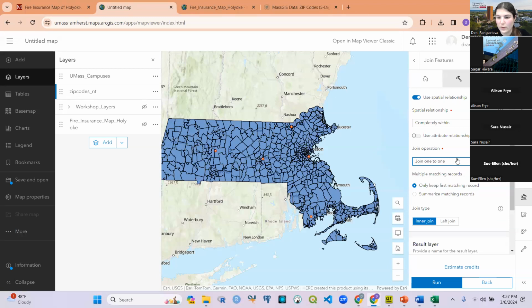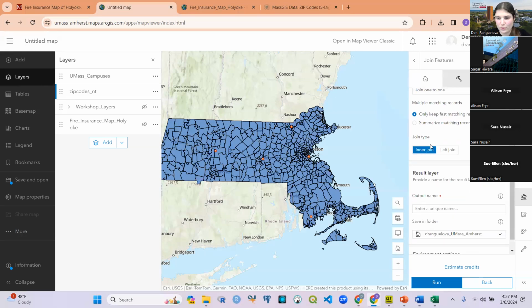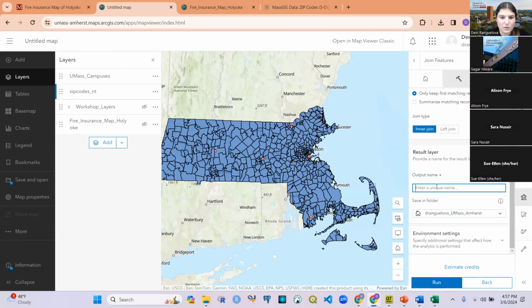But we're going to choose one-to-one. For multiple matching records, again, this is only valid if you're working with more than 1 point per polygon, let's say. We're not going to worry about the join type, inner join versus left join. That's a little bit more technical,